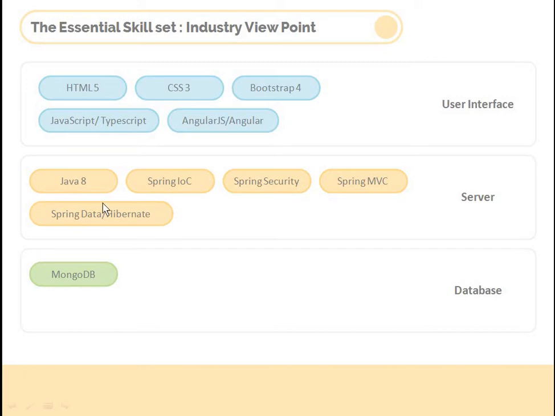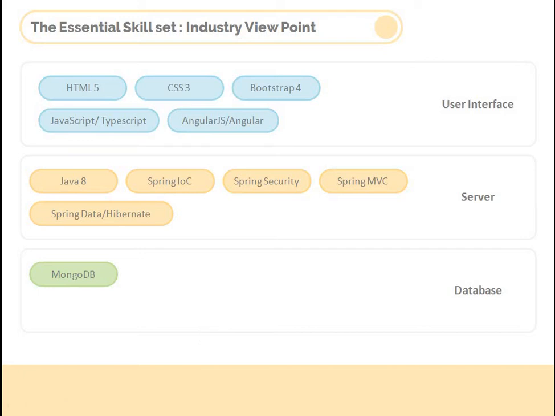So as you can see, these are the technologies that we have covered: HTML5, CSS3, Bootstrap, Angular, JavaScript or TypeScript. Java 8, we have a special slide. There's a special mention, we have a different slide on this. Spring IOC, Spring Security, Spring MVC, Spring Data. These are the minimum Spring modules that should be known by the candidates. And MongoDB